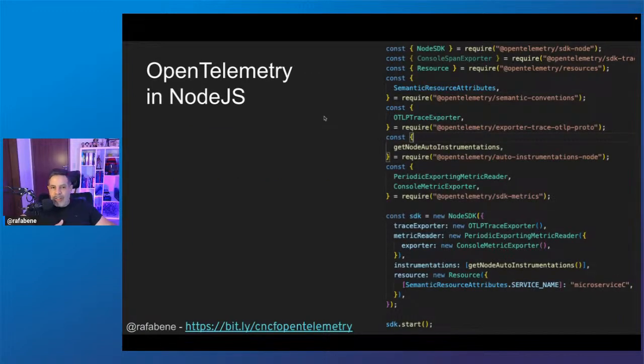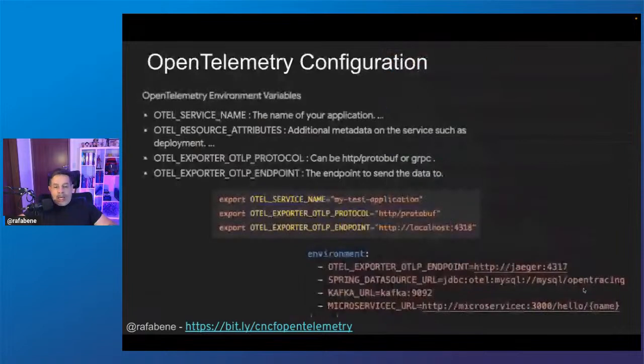I don't think it's the case of having Node.js developers here, but I have a sample code of how to create an SDK. We need to import OpenTelemetry and instantiate a Node SDK, configuring the trace exporter, the metric reader and exporter, the instrumentations, and resources, where I can give the name here, microservice C. The good thing is that OpenTelemetry can be configured with environment variables.